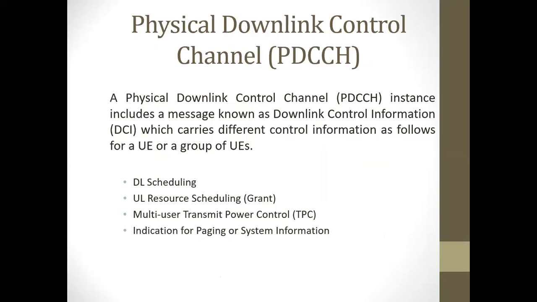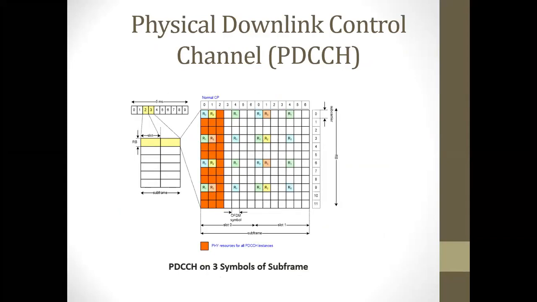Well, first of all, you need to remember that this whole time frequency grid we are showing, considering FDD, is for one side. Say this one is for downlink. For uplink, you have a similar time frequency grid. But in the uplink, there is no control region. The control region you have only in the downlink, because the base station has to send you some control information